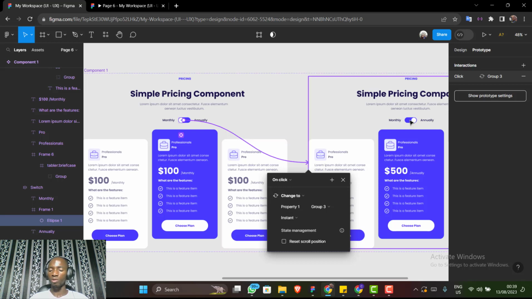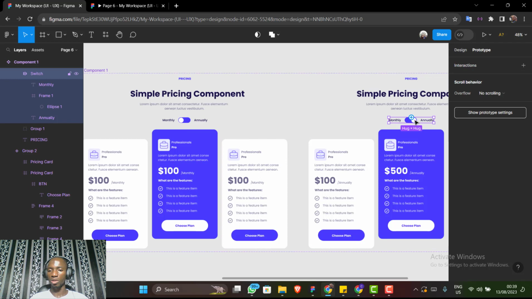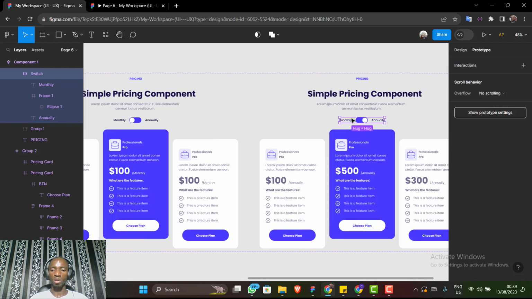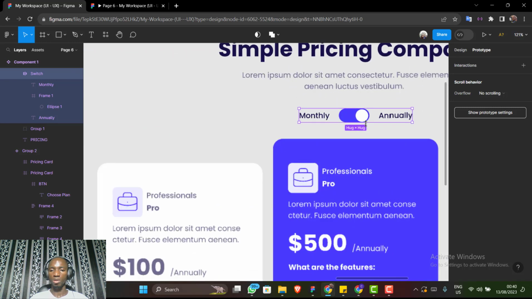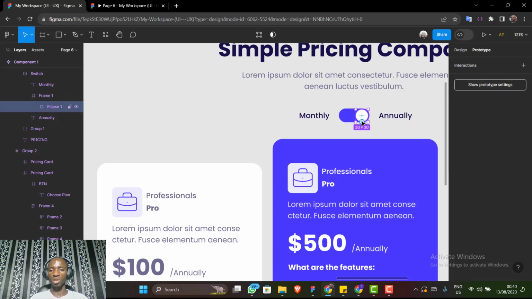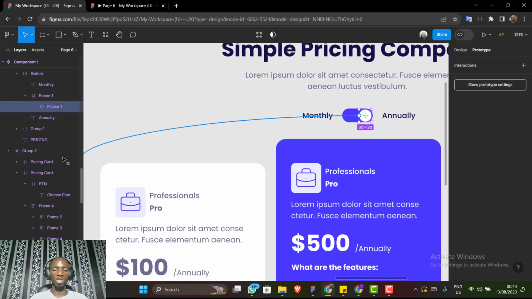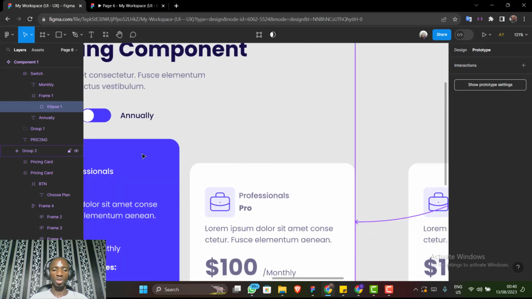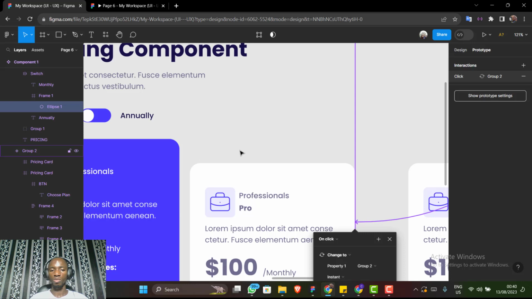Now from annual plans, when you click this, sorry, I don't know why this is delayed. Now when you click this, it should be able to change to this also. So